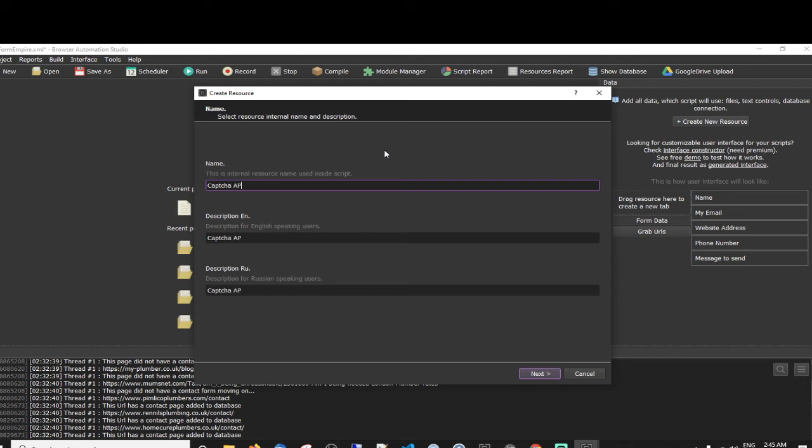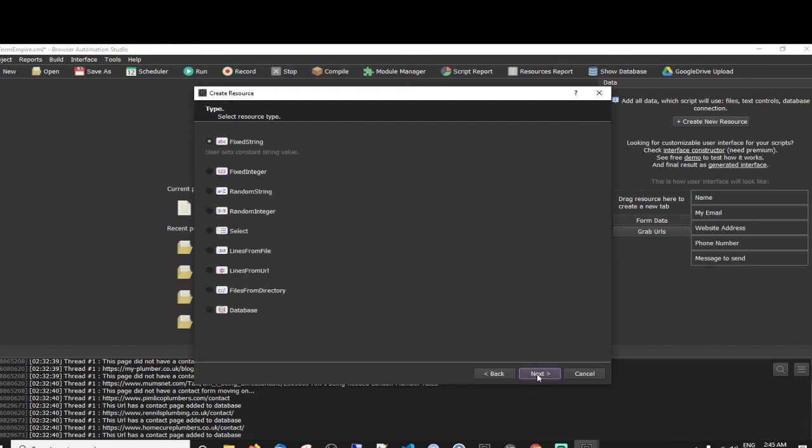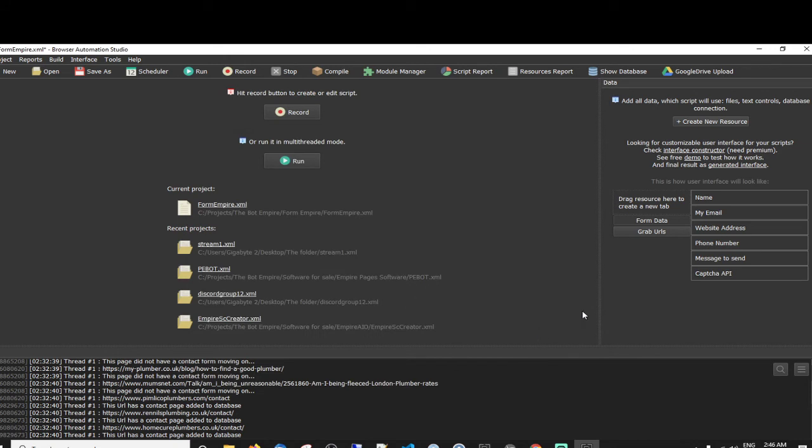Yeah, captcha API. What this is, guys, is that we can use third-party services like 2Captcha to fill out captchas for us, so that if one appears on the screen, we don't have to do it manually. When you join a service like 2Captcha, they'll give you what's called an API key, so you can just whack it in here. As we progress and make the bot, the software is going to check to see if there is a captcha, and if there is one, it's going to go ahead and fill that out for us. That's good, isn't it? So there, done.